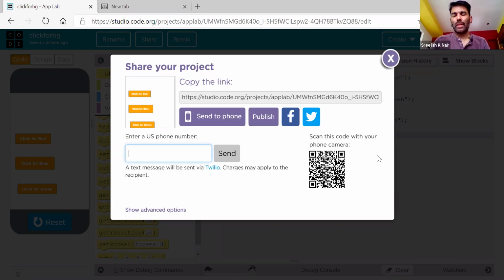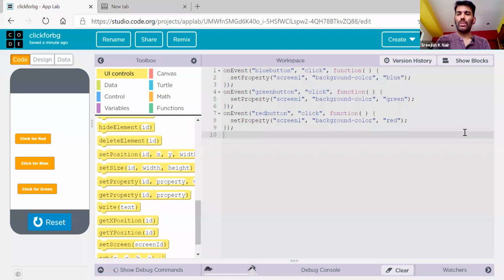Like this, you can develop hundreds of programs and share them, and you can even publish them to the App Store from where people can download them. So I hope this was interesting. I'll come up with more videos. So I encourage kids to practice this. You can go to code.org, and there are a lot of programs, self-explanatory videos for kids who want to explore more. And you have dance parties there, you have games to create, a lot of things are there.